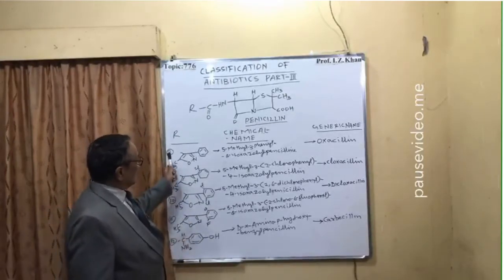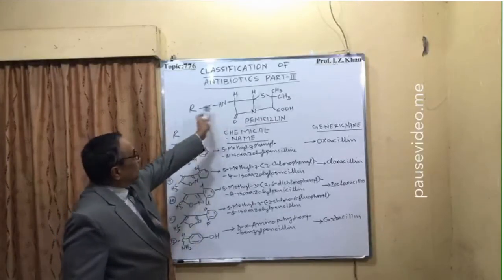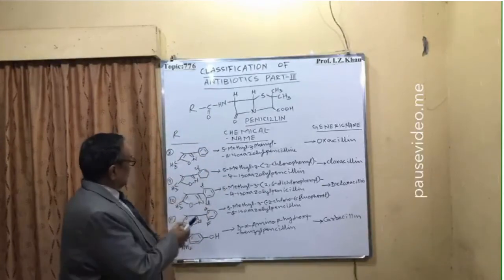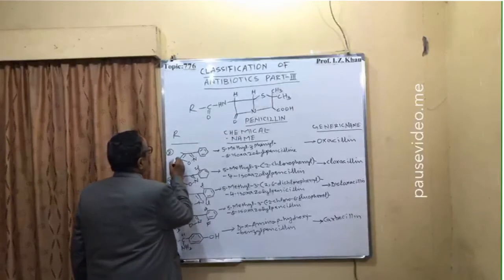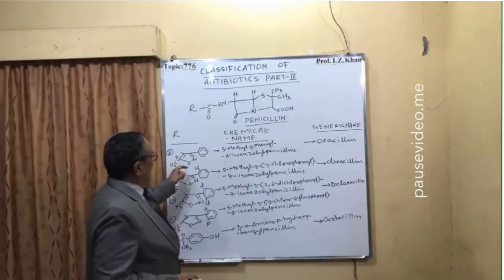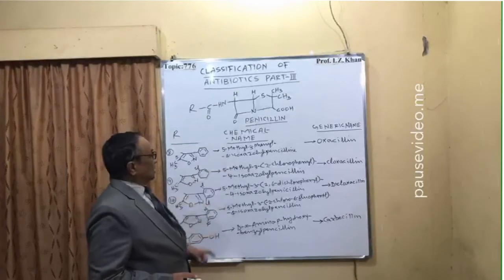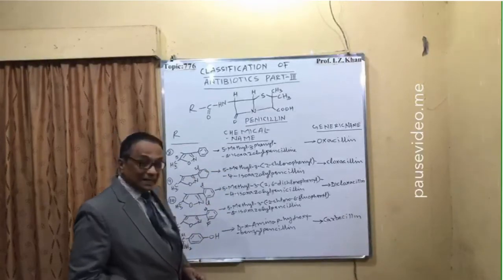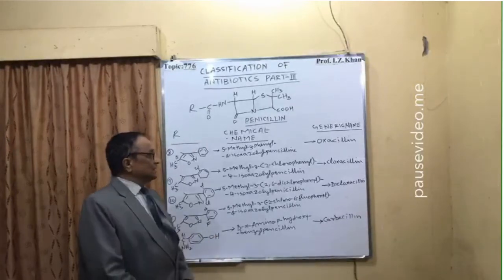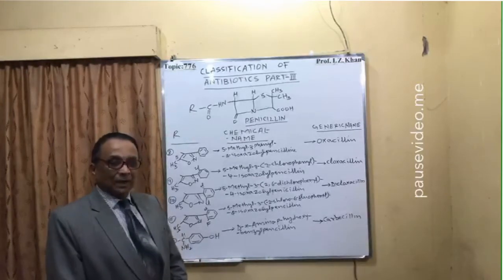So the first, number 8, is where this grouping is there in R, where it is linked here. Then it is called 5-methyl, because at position 5 there is a methyl group. That's why it is called 5-methyl 3-phenyl, and at position 3 there is a phenyl group, and 4-isoxazolyl penicillin. This is the chemical name, and its generic name is oxacillin. So oxacillin is a very well-known antibiotic.